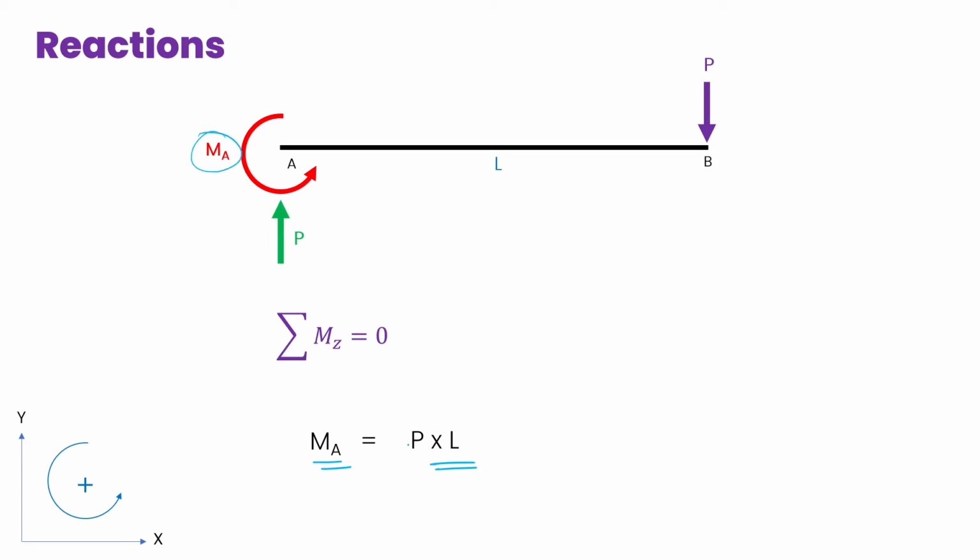Ma being PL, and being a positive PL, means that whatever direction we had assumed was correct. Instead, if we had assumed the other direction, we would have got a negative value, which would have again told us to reverse this direction. So all in all, what we assumed was correct as per the direction sense. Let's replace that with PL now. So we have ultimately found out both of our reactions using the equations of equilibrium.